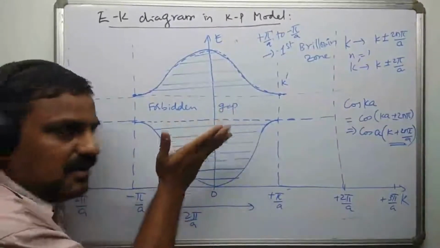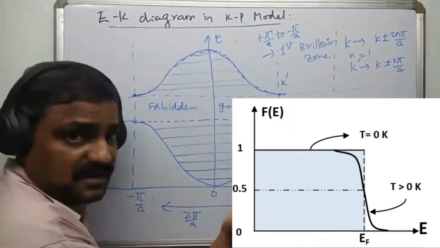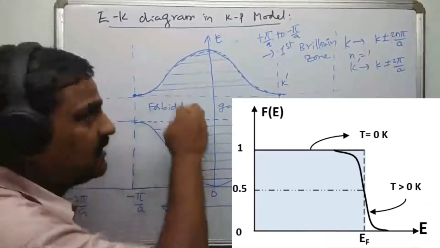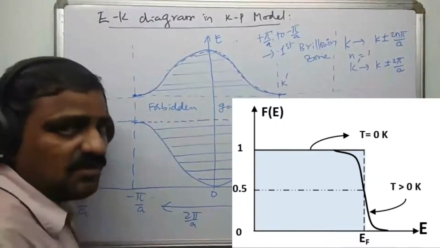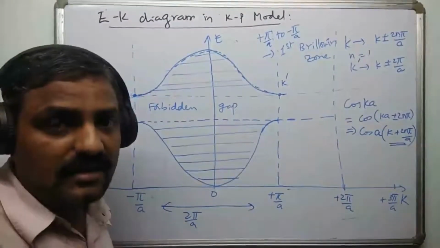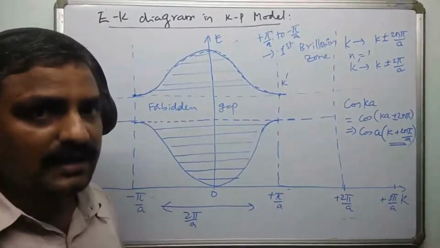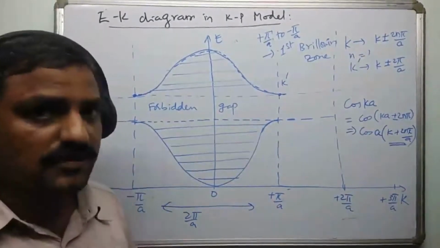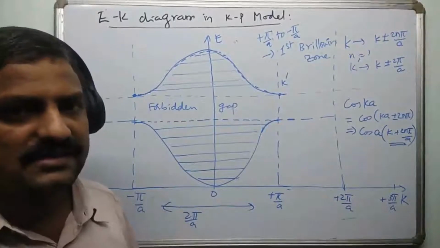When you heat the sample and bring it to room temperature, some of the electrons will leave this side, following the Fermi Dirac distribution function, the FD function. When you raise the temperature of the sample, some of the states get evacuated and they will be occupied over there. So this becomes the conduction band and this becomes the valence band. Whichever band got filled at absolute zero, that is the topmost level filled at absolute zero, is what you call the valence band. But at room temperature, that need not be the case. Even the bands above might have been filled because of the rise in temperature, and those top level bands will be called conduction bands, and the lower one, which is filled at absolute zero, is what you call the valence band, right?